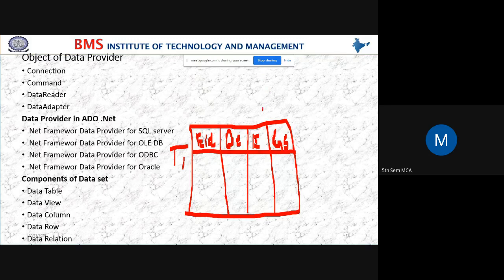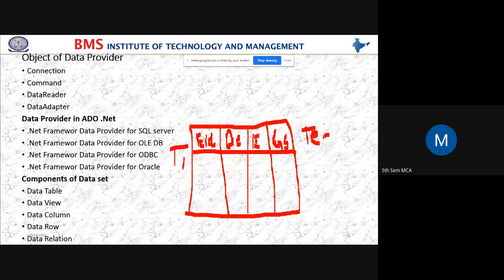See, I'll take the example of our college only. This table has the information of our college, the complete teaching staff information.